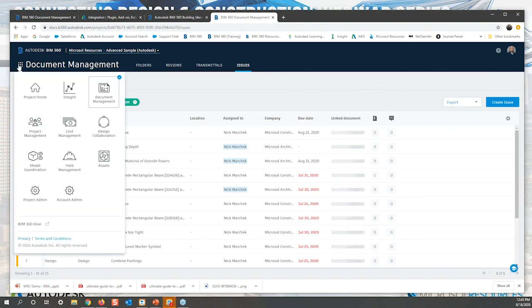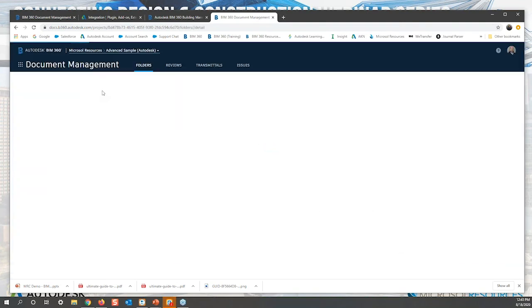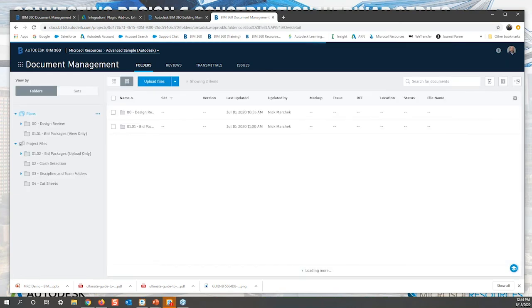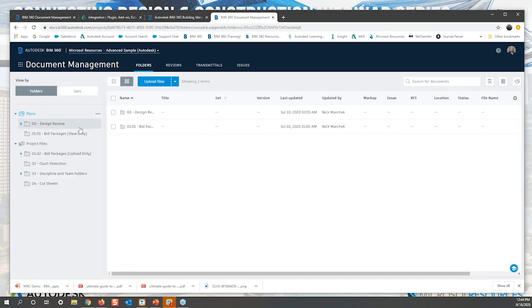And finally, as far as the tools go, what I want to show you is RFIs. RFIs can be created in one of 2 places, one of which is in Docs, and it's a little more limited as to what you can do with it, in terms of seeing a report like the one we saw for issues. So there's one version of RFIs you can create in Docs. There's another version that can be created and tracked as part of BIM 360 Build. I'm not covering that today, but I just want to make everyone aware that there are 2 different options. So if I go back into the same file that we've been looking at here,